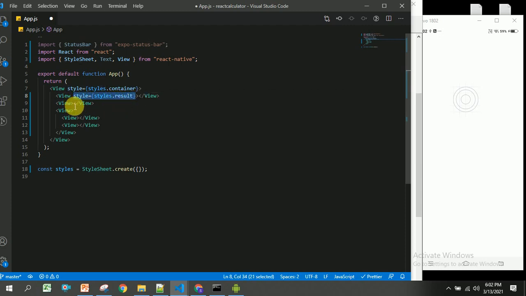I am going to copy this and paste everywhere. So this is for the calculation, this is buttons, and the next one is for numbers, and the last one is for operations.